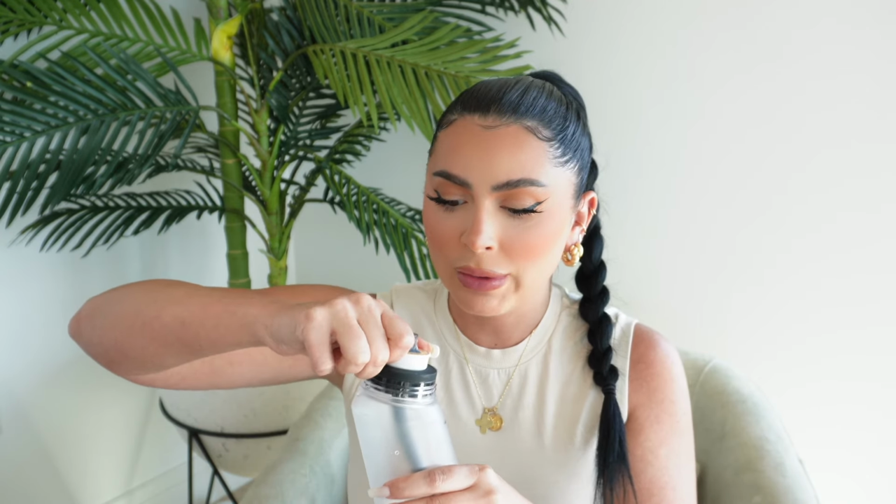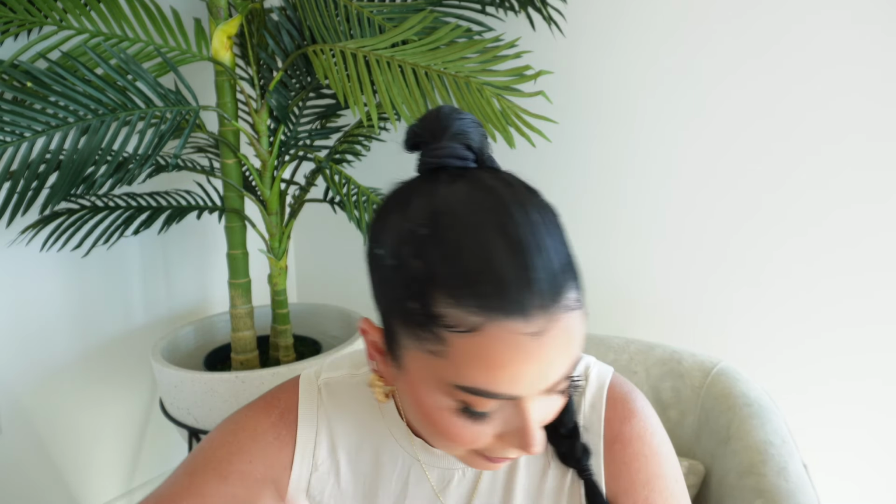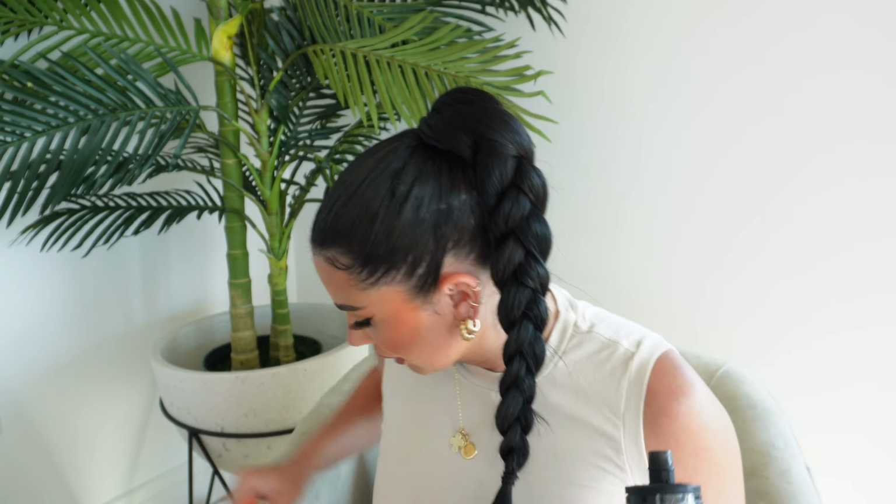As soon as you push the pod down, it tastes like regular water. And then when you lift it up again, all you have to do is lift it up and you taste it. How did they do this? I have to try the other flavor. Hold on. Let me try the other flavor. All right, let me try apple